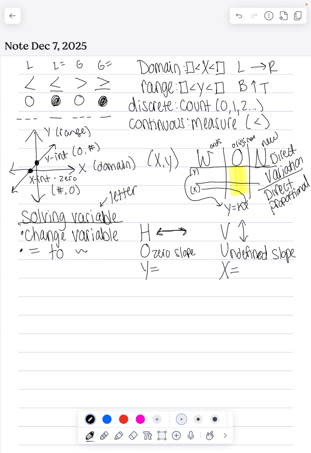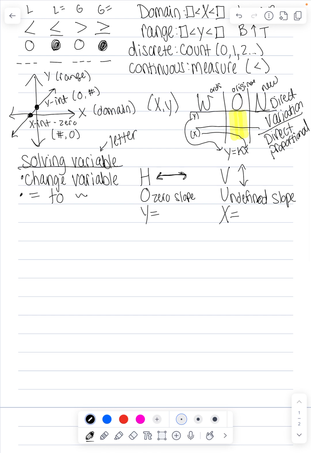Okay, let's keep on moving. So next up, let's make our notes for parallel and perpendicular slope. Parallel lines have the same slope. And kind of a trick here, parallel has two L's, which are the same, and they're never going to touch. So that's kind of a clue. Just remember parallel lines have the same slope and they never touch,